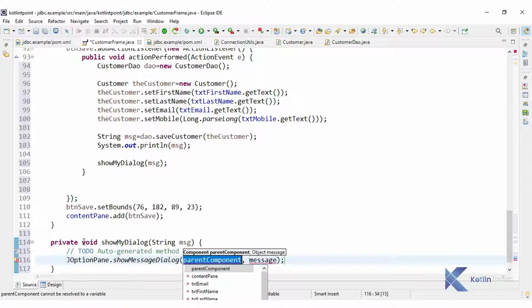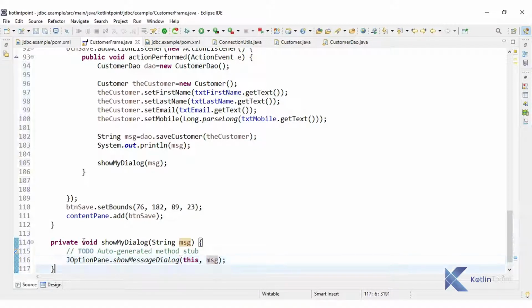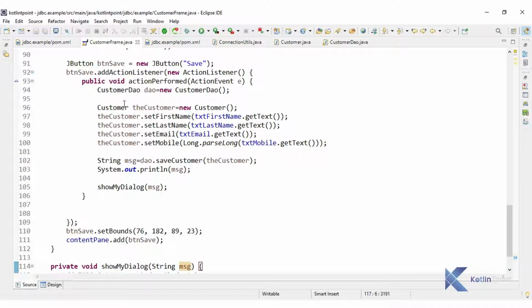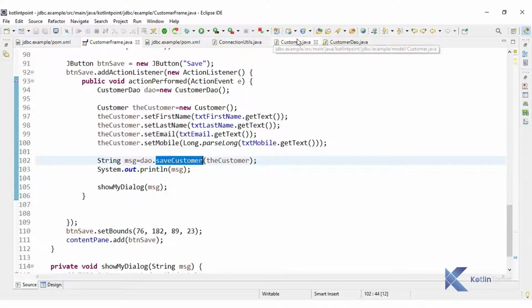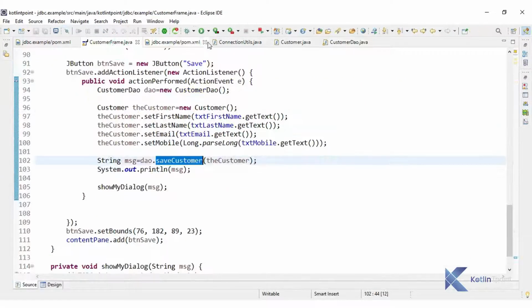What is the parent component? So I can pass this here, and the message we have as an argument. Okay, so this is how we are calling from our JFrame customer frame. And the saveCustomer DAO method will help you save all the data, executing our insert query. So let's run and check the output.